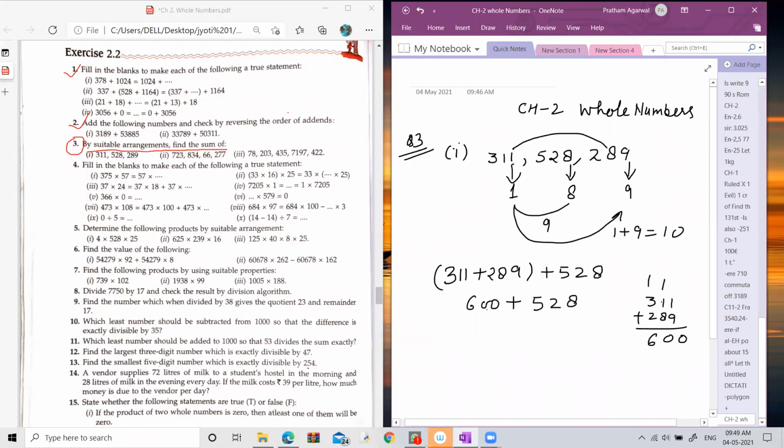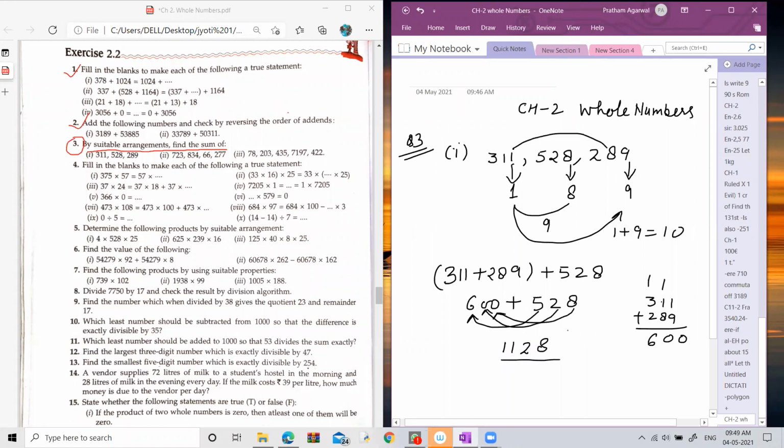Now again, you want to add them. So it is very simple. You can add the ones place digit with the ones place digit of this number. So 8 plus 0 becomes 8. When you add the tens place digits, 2 plus 0, that is 2. When you add 5 plus 6, it becomes 11. So your answer is